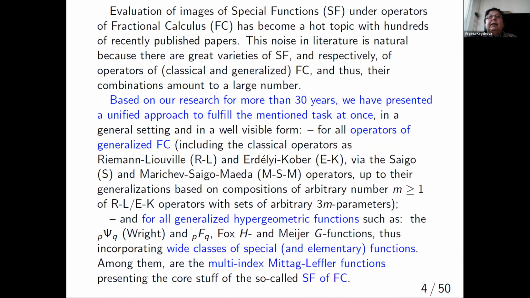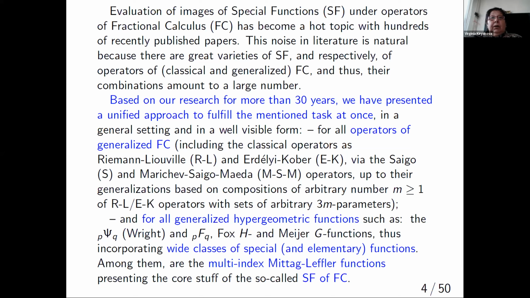Since the abstract in the abstract book was reduced to the first paragraphs, I here copied some of the text from the abstract. You see that the results exposed here are results from more than 30 years of my research in the area, and they provide some general results that hold for all operators of generalized fractional calculus that include the Riemann-Liouville, Erdélyi-Kober, Saigo, Marichev-Saigo-Maeda, and many other operators which are compositions of the classical fractional calculus operators, and